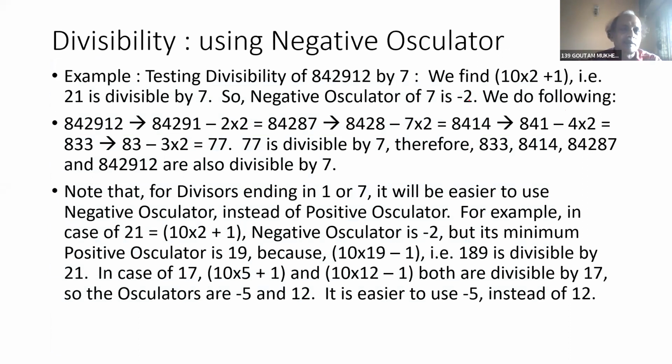So here are more examples. Testing divisibility. So divisibility using negative oscillator. So testing divisibility of 2, 4, 2. Earlier we did by +5. Now you see by negative. We find that 21 is divisible by 7. So negative oscillator of 7 is -2. So we find that this